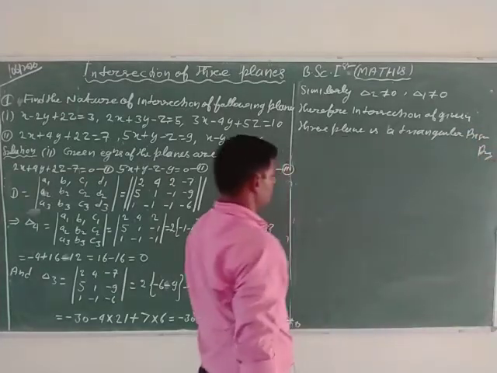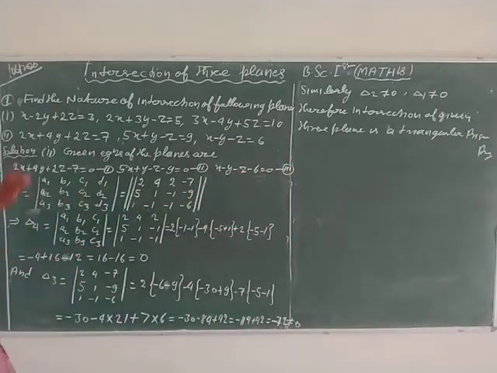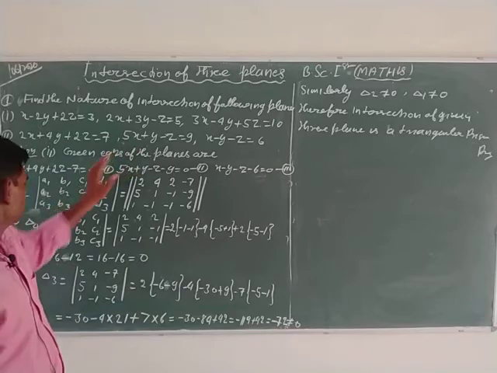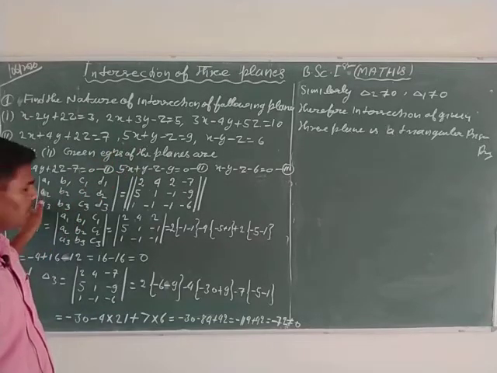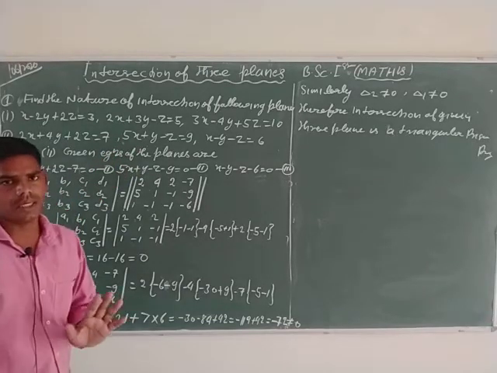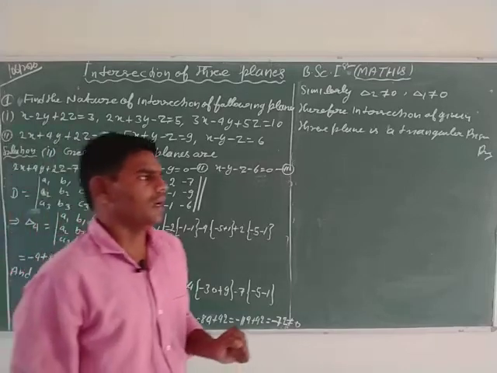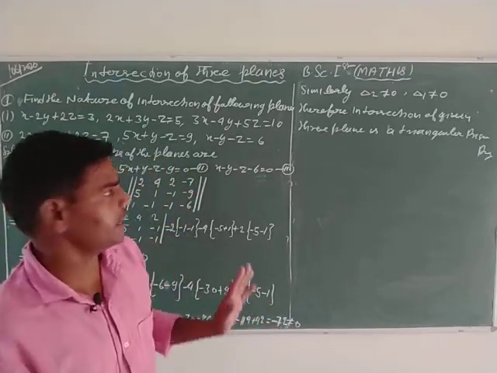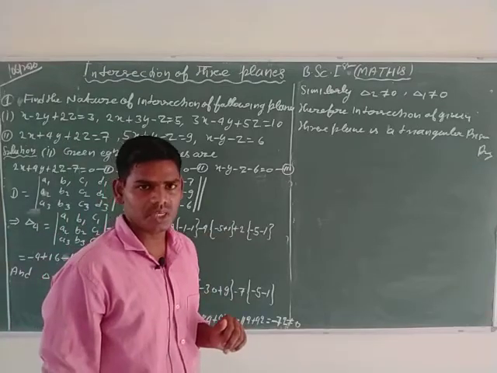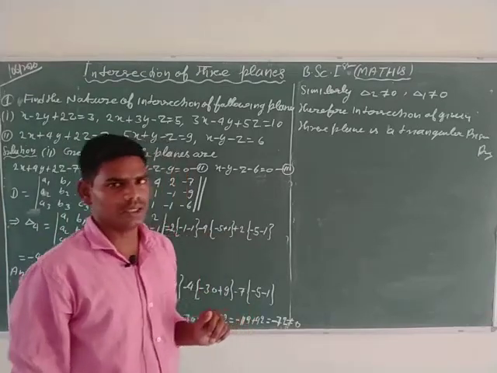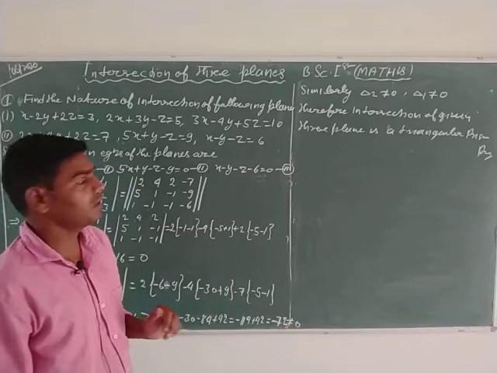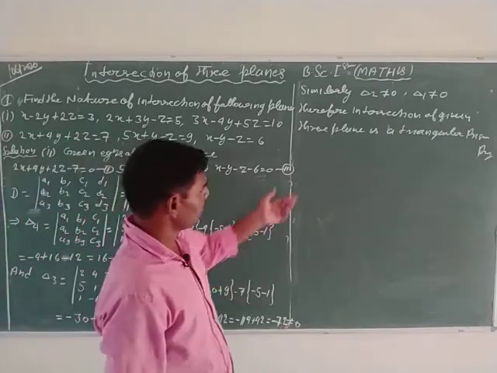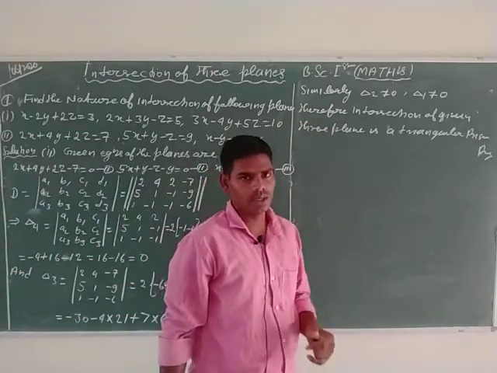This is the complete solution of the second point of the first question. Given three equations of intersecting planes, first calculate the value of capital D, and then calculate the value of delta 4. If delta 4 is equal to 0, then two subcases arise. In the first case, delta 3, delta 2 or delta 1 is not equal to 0, then the intersection of the given planes is a triangular prism.